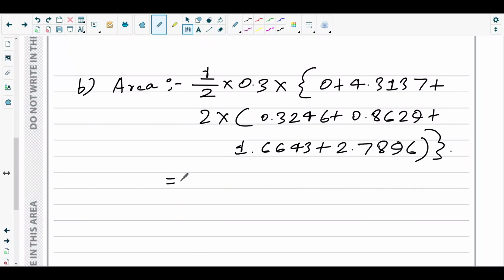So 0.3246 plus 0.8629 plus 1.6643 plus 2.7896. I'm adding the values within the first bracket and then multiplying it by 2, and then adding 4.3137, times 0.3, times half. So that would give you